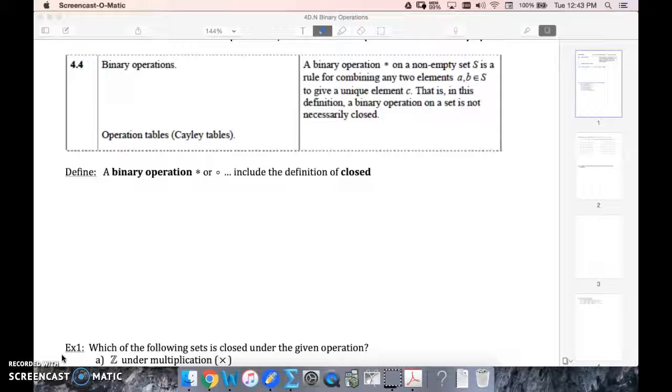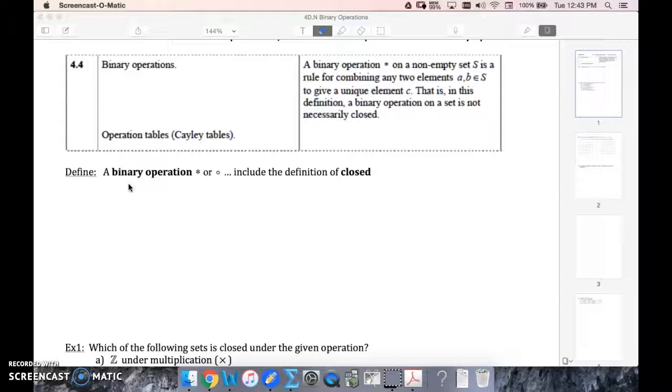All right, so now we're looking at further math topic 4.4. We're going to talk about binary operations. So let's start by defining the binary operation. We use the star or the circle generally when we denote binary operations. And binary, I know that you guys from your computer science knowledge know that binary is involving two